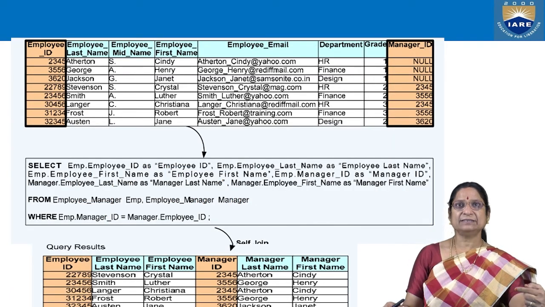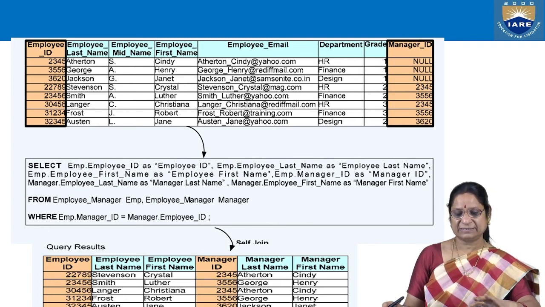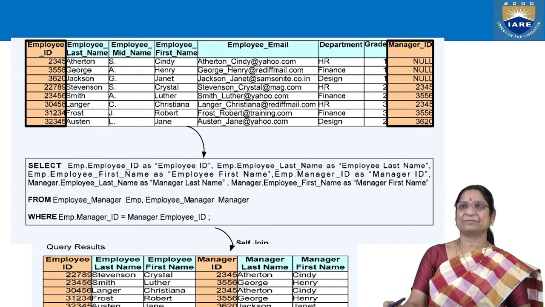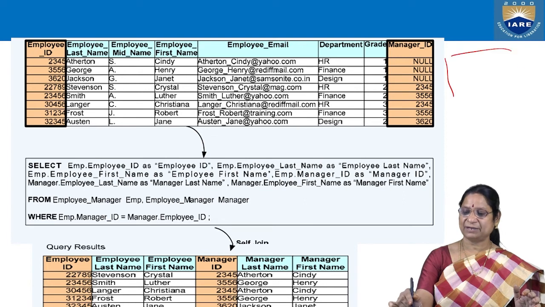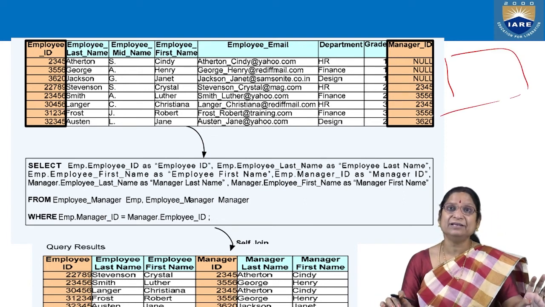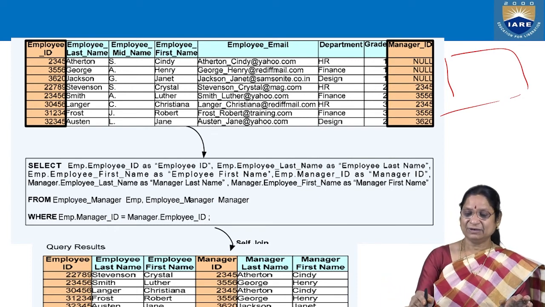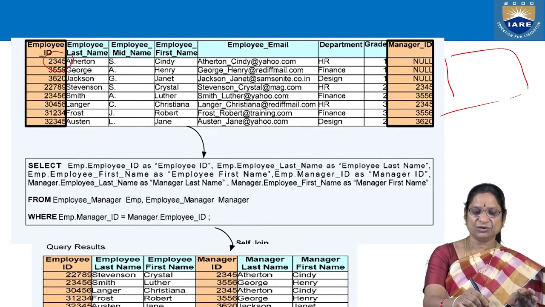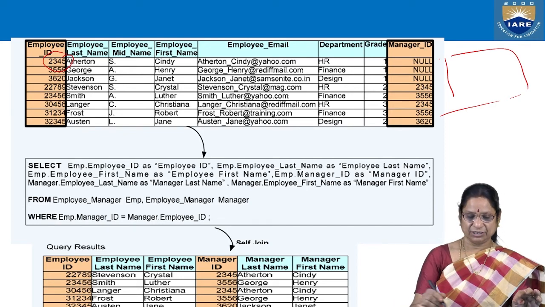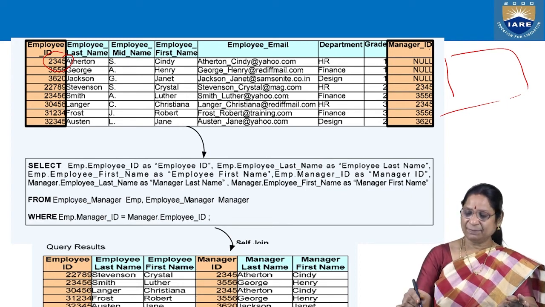So you observe here in this example, employee ID, employee name, middle name, first name, etc. Manager ID is there. The same data we are going to visualize separately. Internally it is visualized; physically it doesn't exist. It will compare with this only. For example, it has to compare employee ID 2345. What is the manager? Null. It will not be displayed. Equal, not equal. It will compare with each, 2345 here.